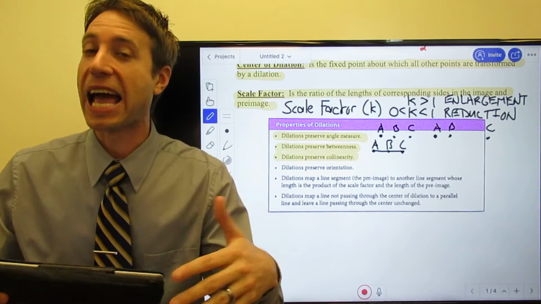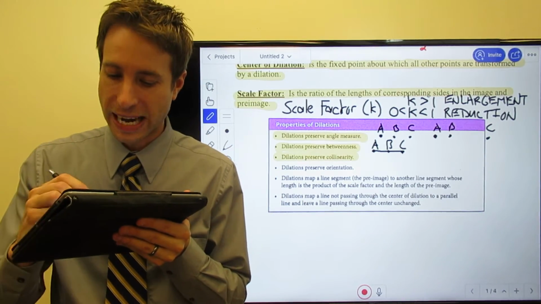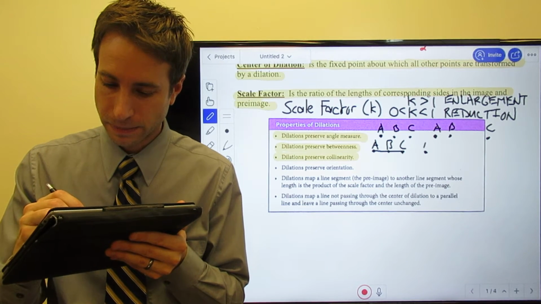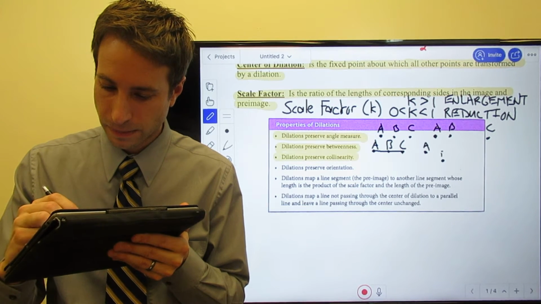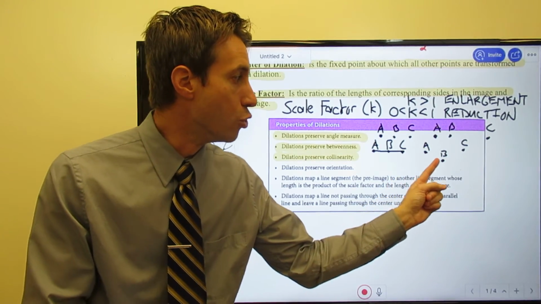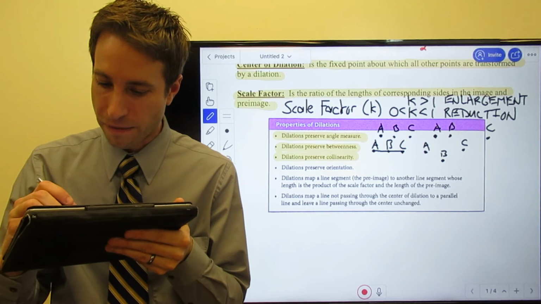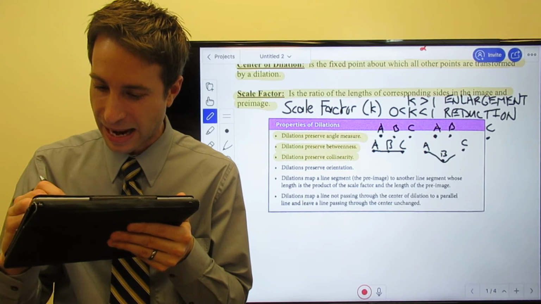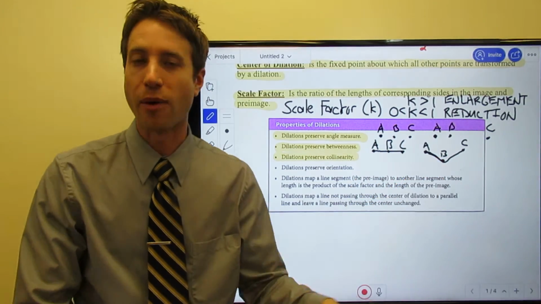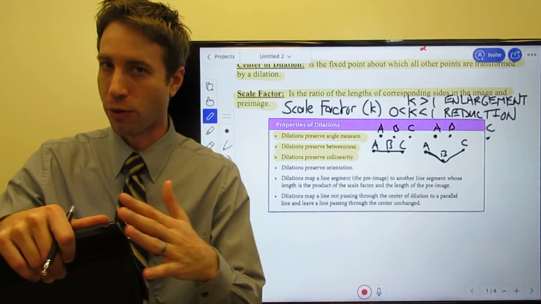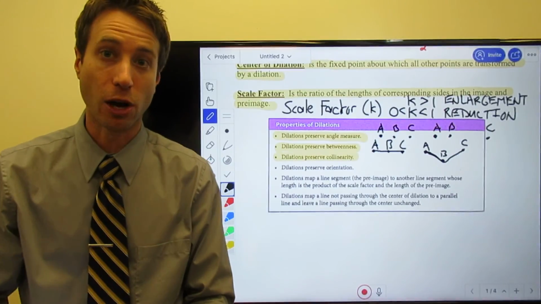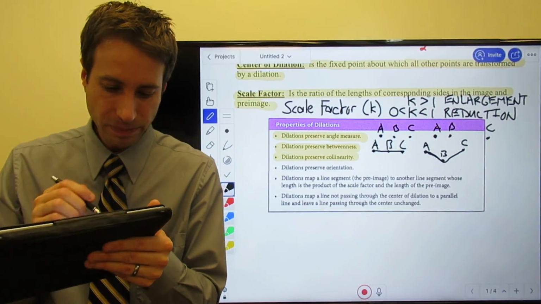A dilation cannot change collinearity, simply meaning it's not going to all of a sudden move a point out of that straight line that I had before. These are collinear, these are not. A dilation is not going to do that. If you have 3 points that are collinear, after a dilation, they're still going to be collinear points. They have to be. And then